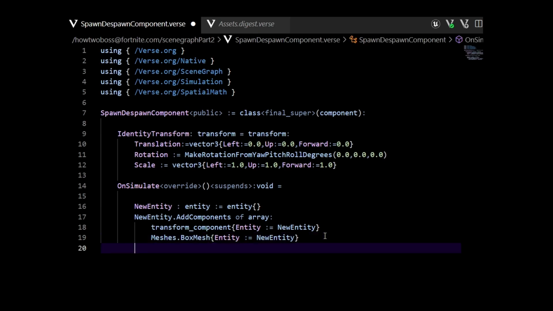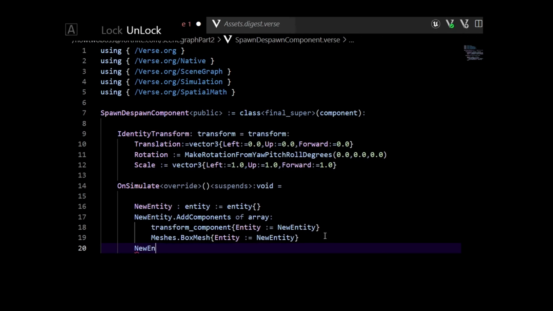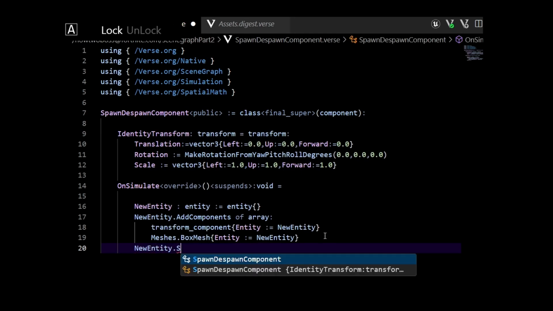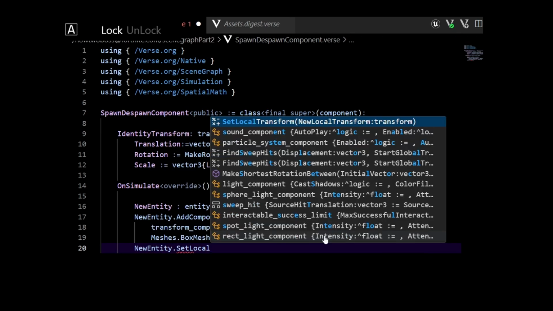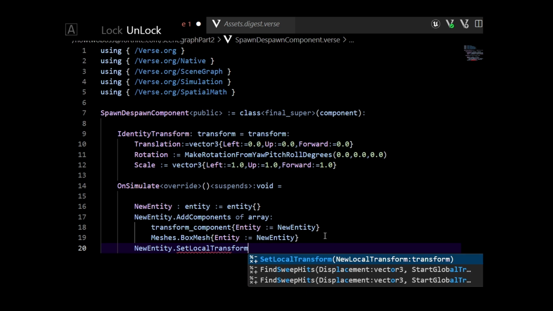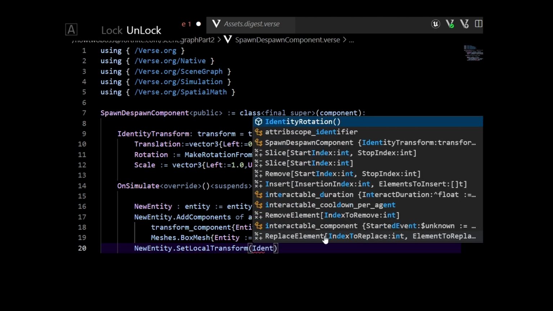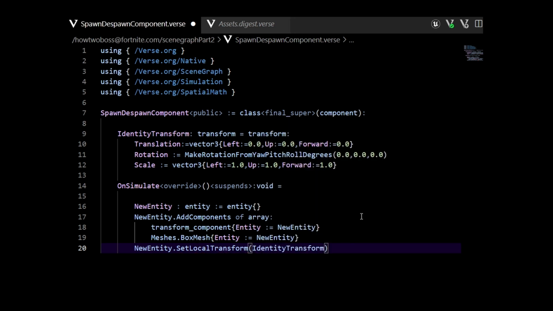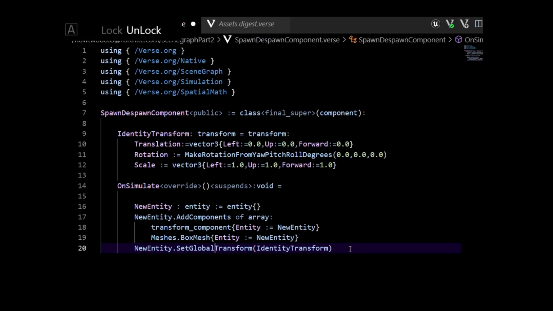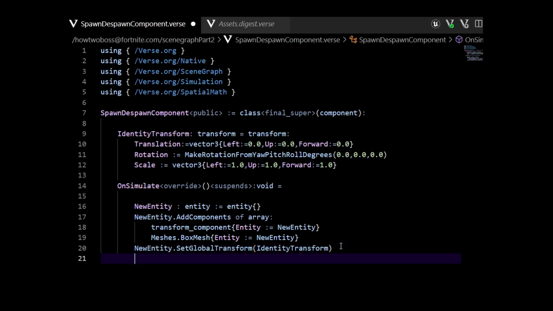So next thing we want to do is actually set our transform to our identity transform. So we'll do new entity and we'll do set local transform, and this is going to be set to our identity transform up there. And that's going to be on local, so it's going to be where it is. I'll do global if you want. We could even actually, I might just do global. Make my life easier. And then what we'll do next is we'll then add this to the simulation entity,